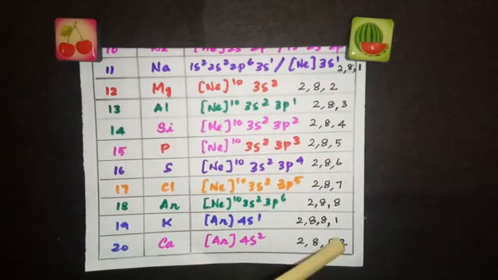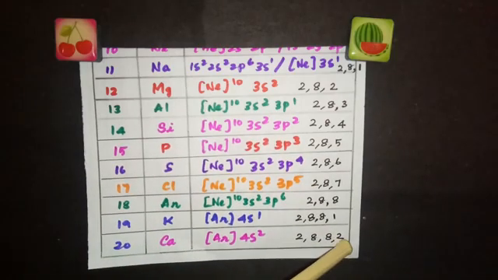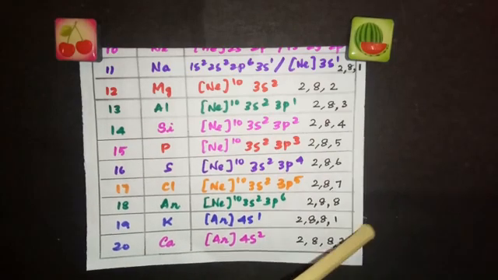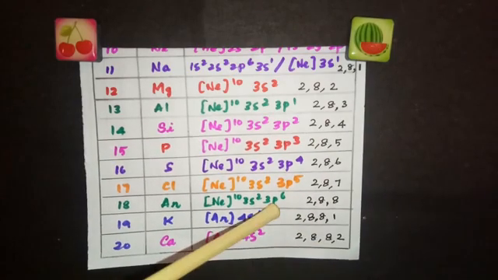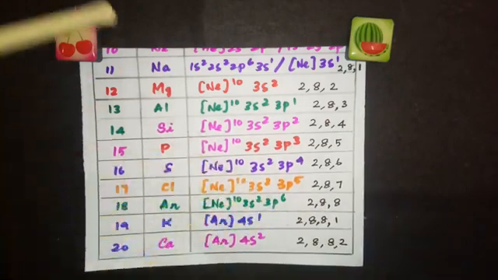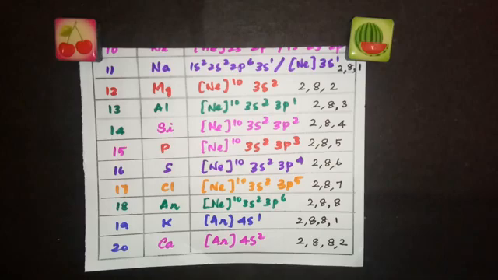So 4s is in the N shell. That's the reason why we write 2 here. And then when the d orbital of the third main shell is filled, this number will increase. So remember that pattern which we drew while we studied Aufbau's principle, to remember these orbitals in the increasing order of their energies. So this is how you're supposed to write the electronic configuration.